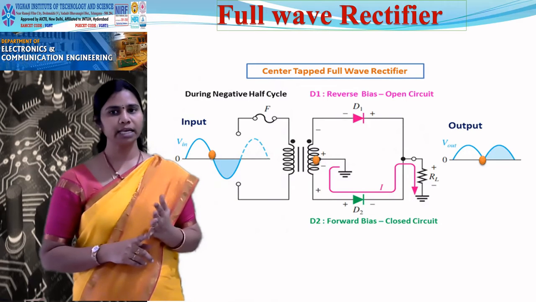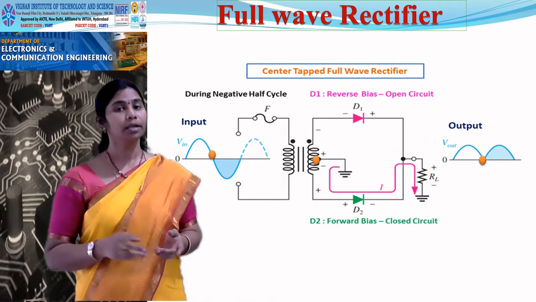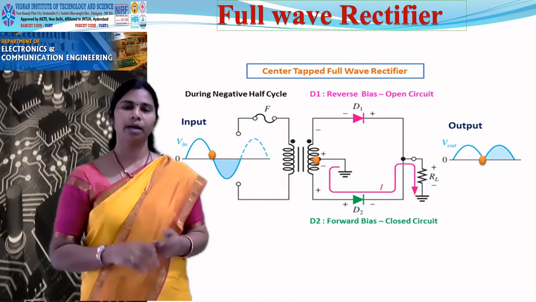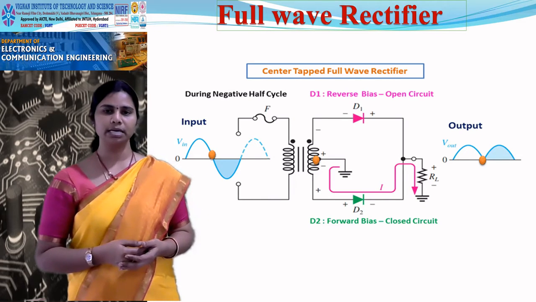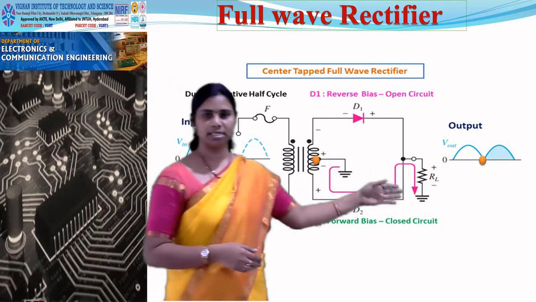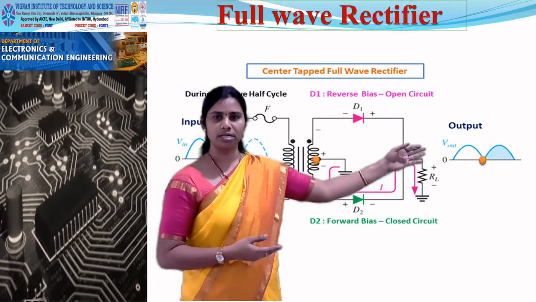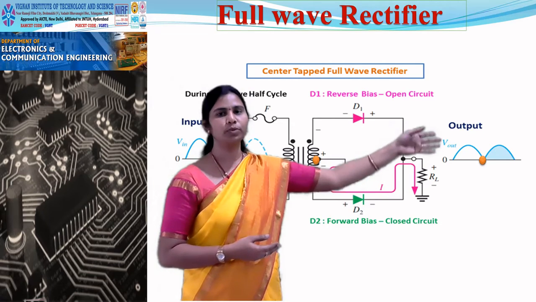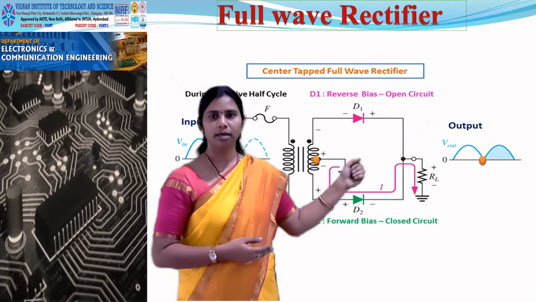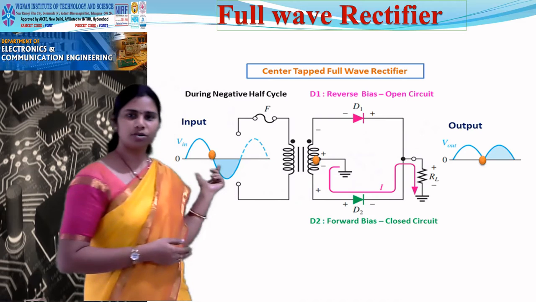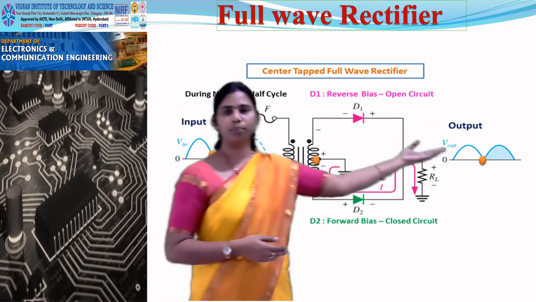For positive half cycle, D1 is on, D2 is off. But for the negative half cycle, D2 is on and D1 is off. But whichever diode is on, you are able to see current flowing through the load resistor and you are able to find voltage across the load resistor for both positive and negative half cycles. You see sinusoids again at positive and negative half cycles. But I have indicated for positive half cycle, a positive half cycle at the output. For the negative half cycle, a positive half cycle.